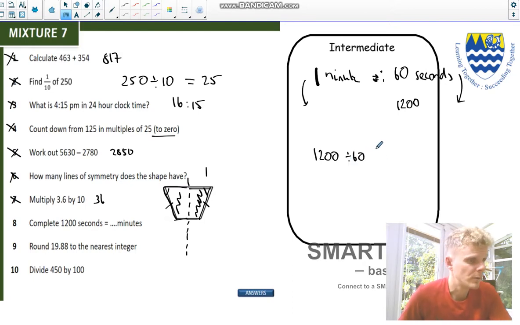Now, some methods that we saw last week, and I've used in other videos, is I could write this and simplify a fraction if we're not sure. So this is the same as this, 1,200 over 60. Okay, so let's figure this one out. So I could simplify this fraction, divide it by 10. So that becomes